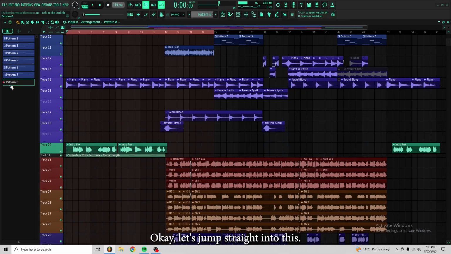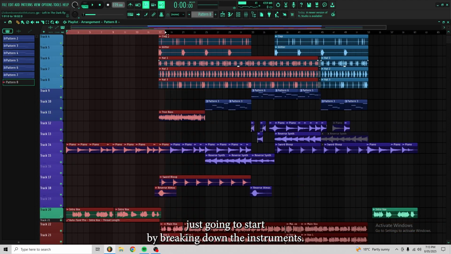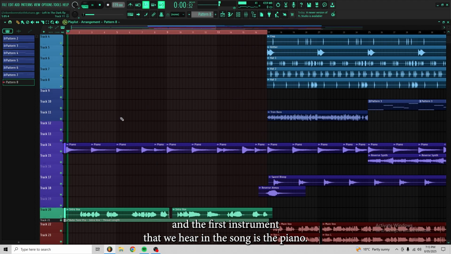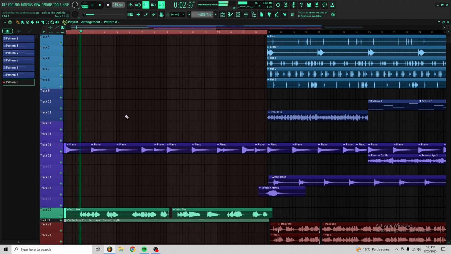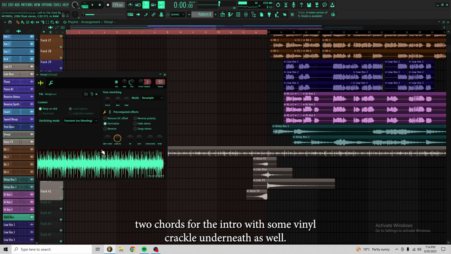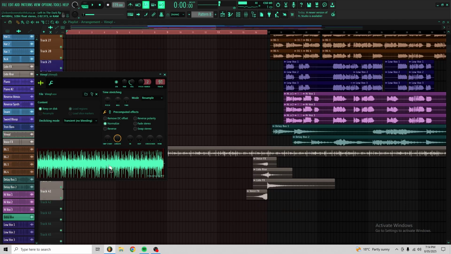Okay, let's jump straight into this. I'm just going to start by breaking down the instruments. And the first instrument that we hear in the song is the piano. Piano playing 2 chords for the intro with some vinyl crackle underneath as well, just to give that sort of